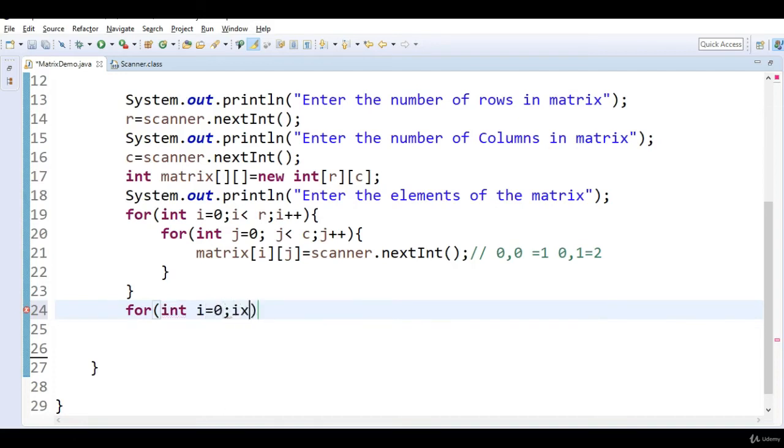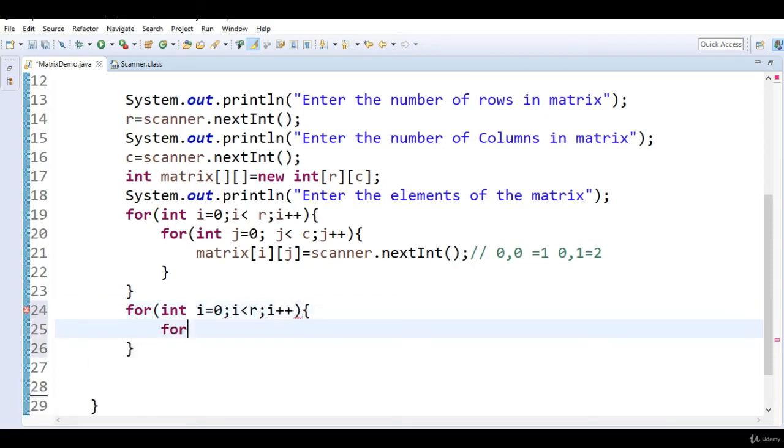Int i equal to 0, i less than r, i plus plus. And int j equal to 0, j less than c, j plus plus.